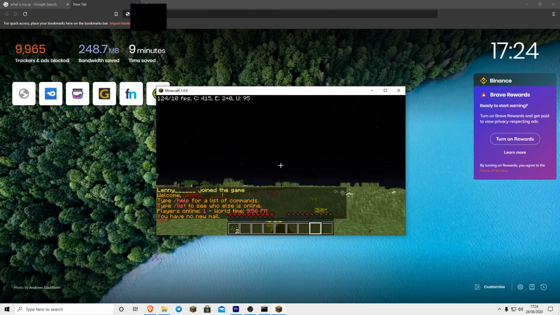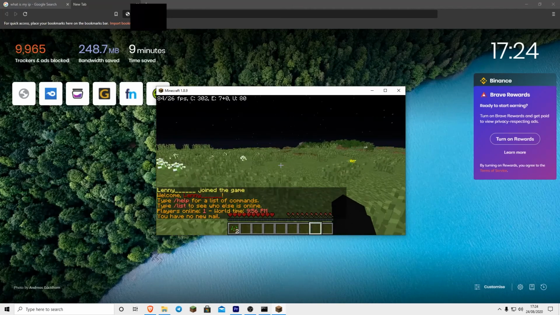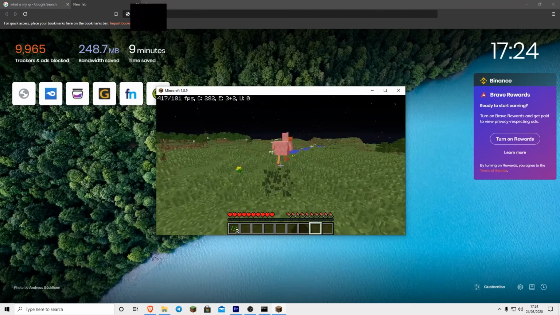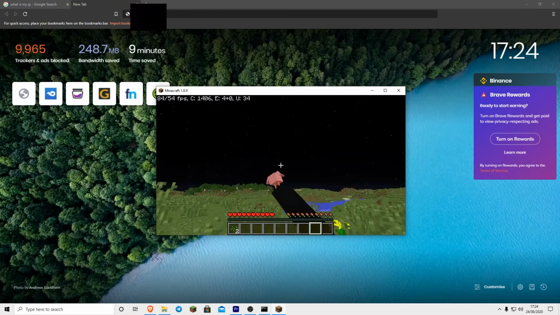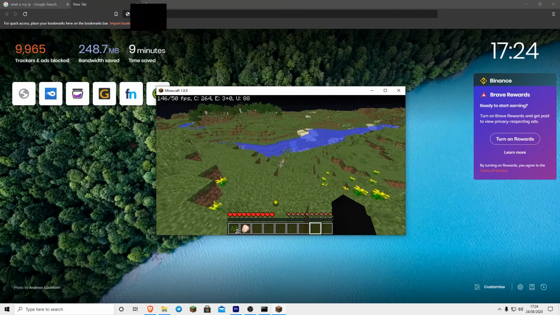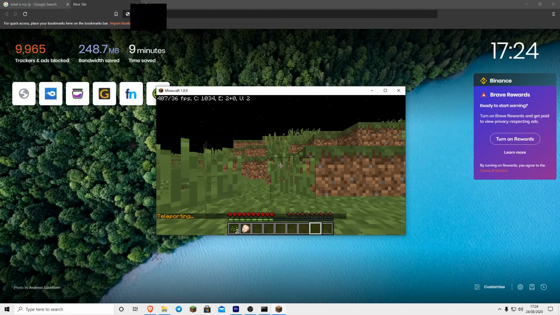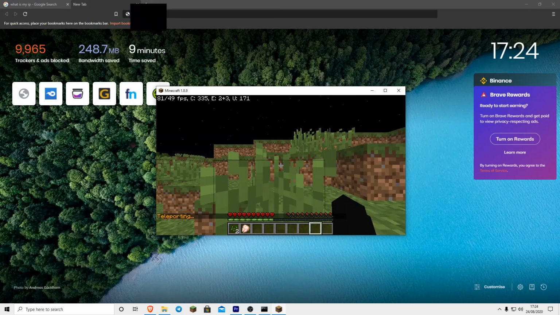For example, you can just jump around and crap. Yeah, it works. Hello, chicken. It can fly. Chickens can actually fly now. Rest in peace, chicken. Oh, I went to spawn. Anyways,